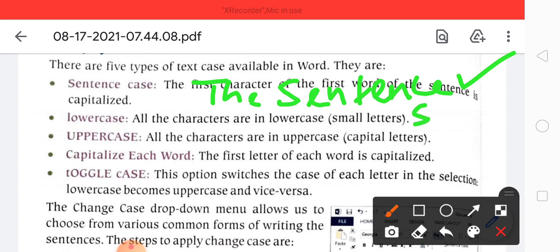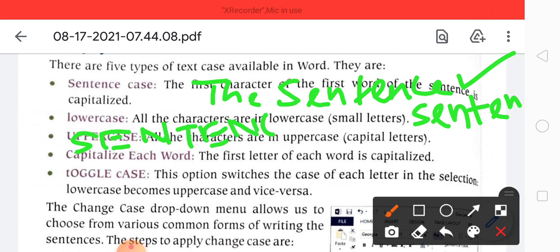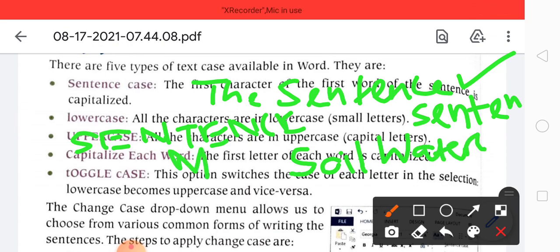In uppercase, it is just like this. And capitalize each word also means that each word's first letter is capital, for example S from soil, W from water, M from milk, all are capital letters.